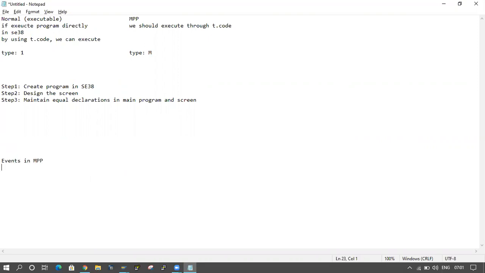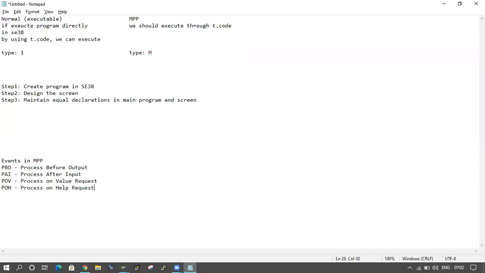Events in MPP, module pool programming: PBO, process before output; PAI, process after input; POV, process on value request; and POH, process on help request.